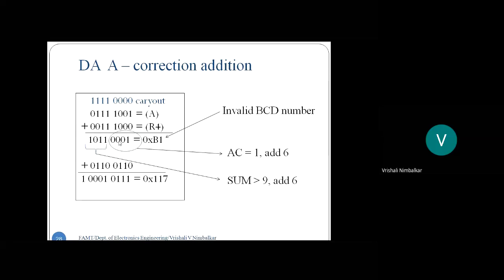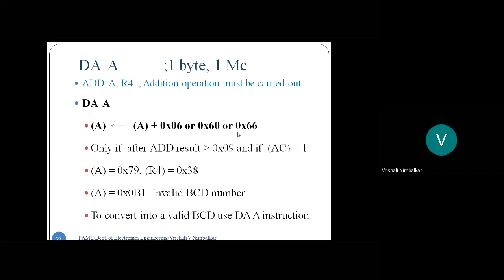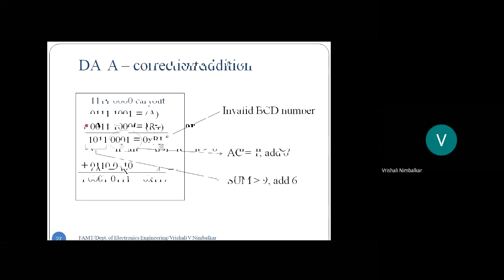So look at the table below. To this number we are adding 6, and to this also we are adding 6. It means what condition is getting true? We are adding 66. Not we, the microcontroller. Microcontroller will automatically check the condition and decide what to add. So from our example, it is adding 66 hex. Okay, so DAA performs the addition again. It will add 66. So that's 1 plus 0, 1; 0 plus 1, 1; 0 plus 1, 1; and that's the last digit 0. Right?